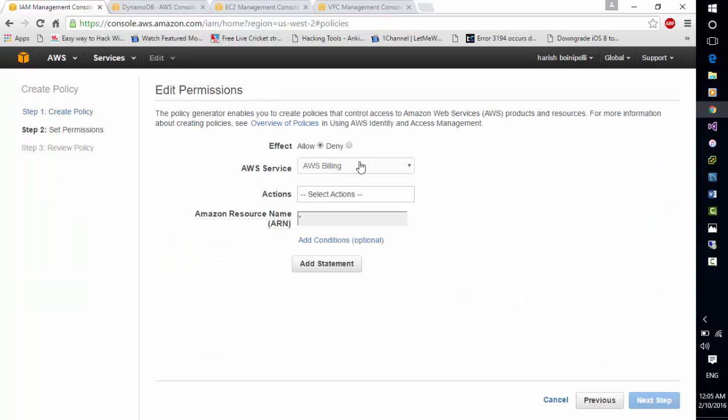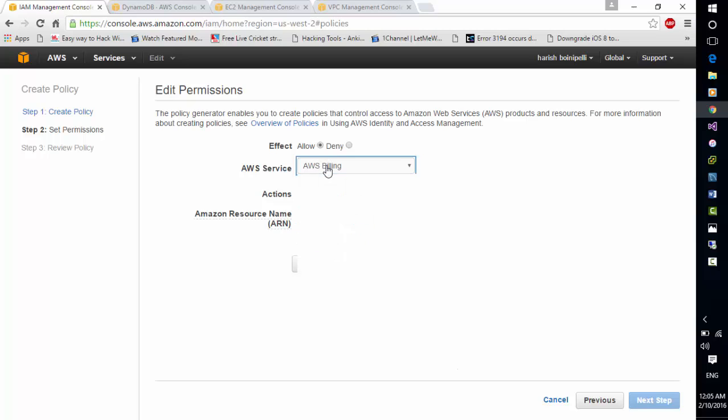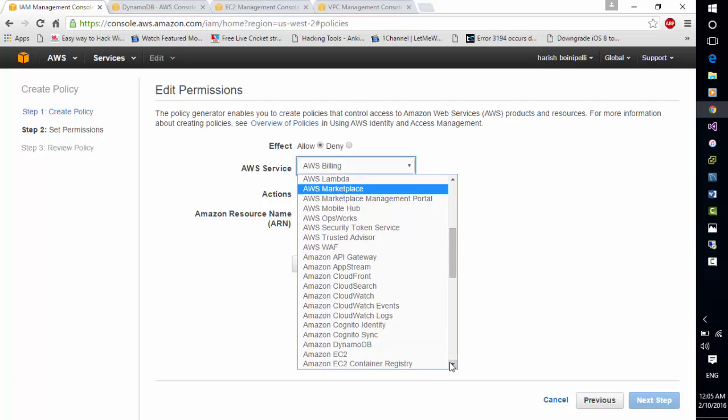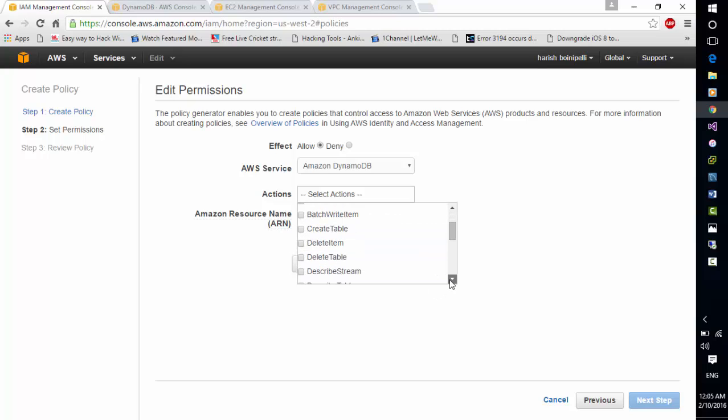You will get the edit permissions. In that, effect allow, and in the AWS services, select DynamoDB. From the actions, select the delete item, describe table, get item, put item, update item. That's it. And for the Amazon resource name,